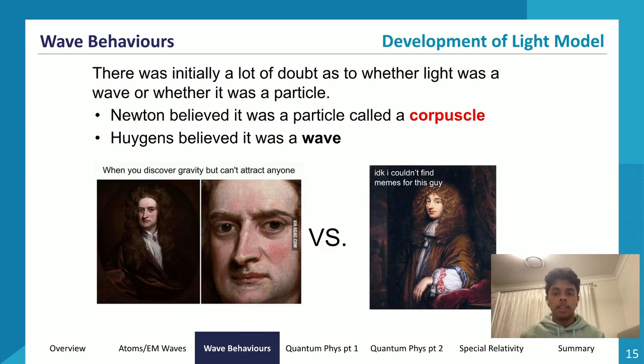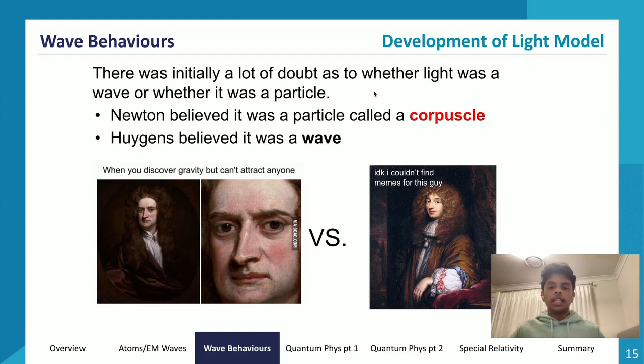And Huygens believed that light was a wave. So, two different opposing views, and a lot of debate went on, and a lot of things happened that ultimately led to, as you would know, which you've learned in junior high school and even year 11, that light is a wave. So obviously at some point in time, this corpuscular model of light was discarded, and that was due to some experiments that happened.